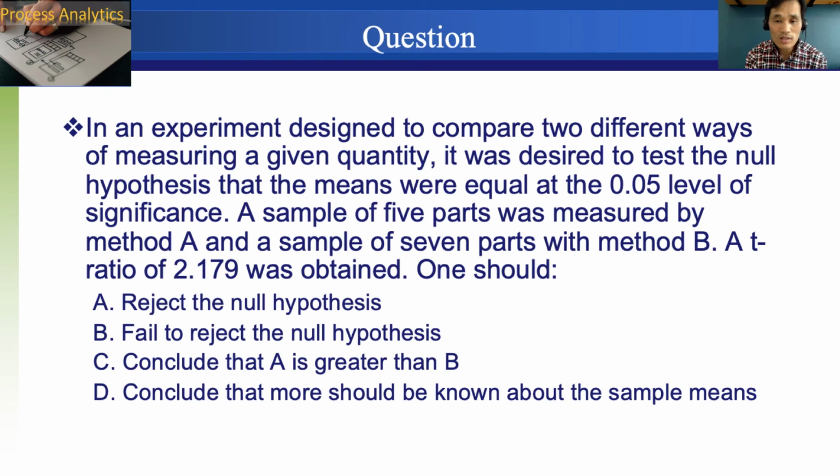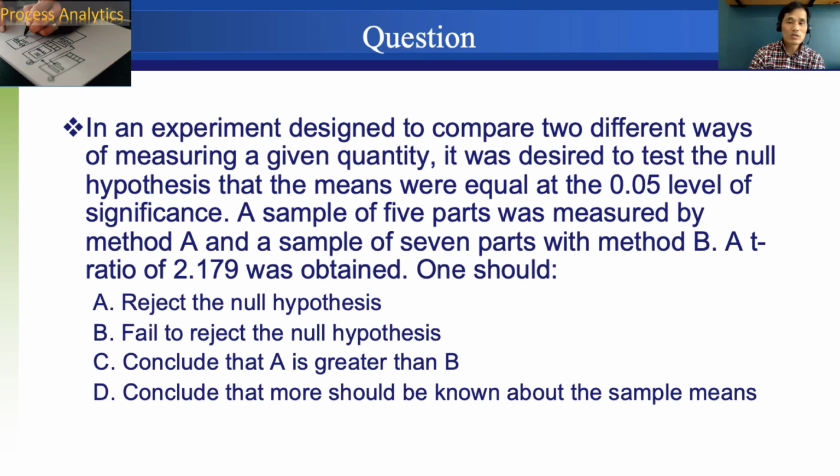So in this case, the degrees of freedom is n1 plus n2 minus 2, and the degrees of freedom is 10, therefore. And when you're finding the t-value from the t-table, you have to look at alpha level 0.025 because it is 0.05 level of significance and it's two-tailed, so you have to divide by 2, and the sample size is 10, and you get